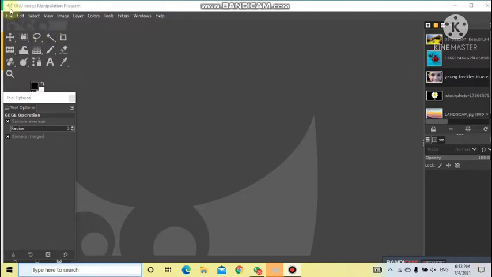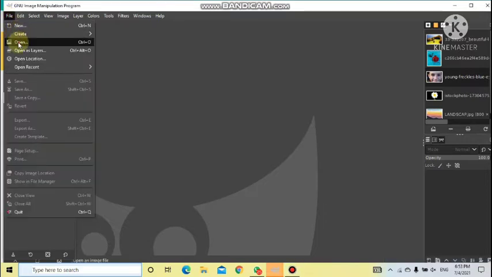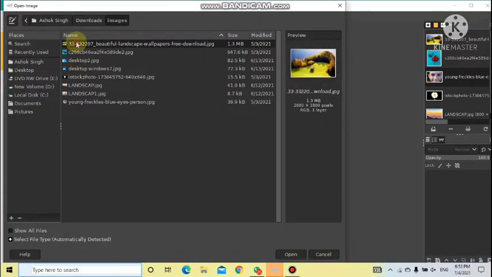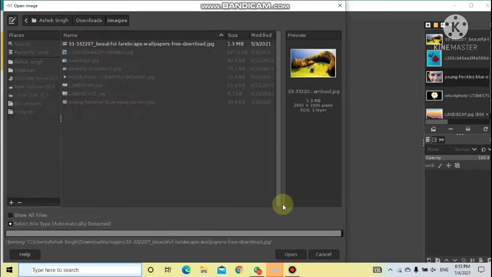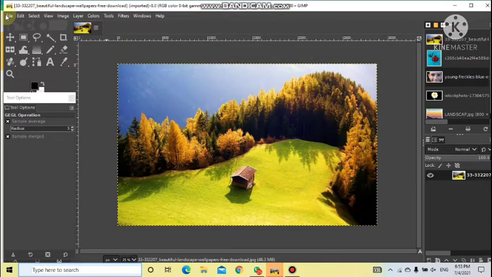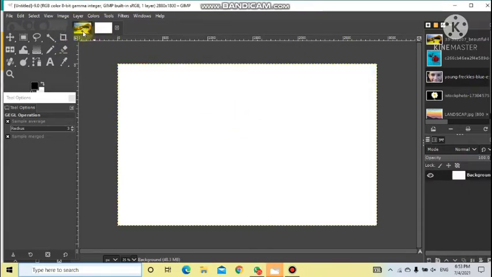So let's start by opening an image here. Suppose I'm opening one image here, this one only, since we have done almost all the practice in this one. It is getting selected, and at the same time I'm opening a new document also so that I can show you the different ways of pasting. You can see both the documents which I have opened are there on top. First, how to select the data or how to cut the data.